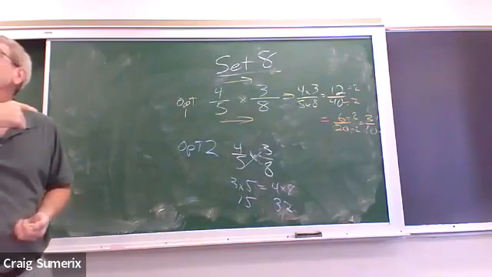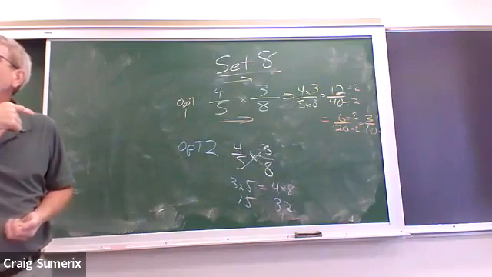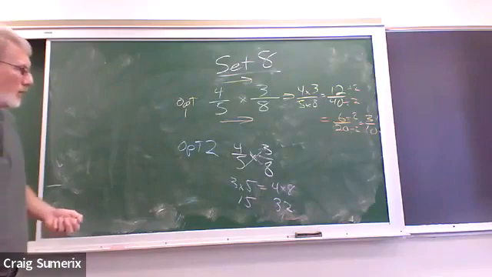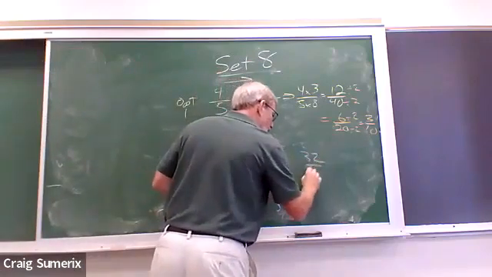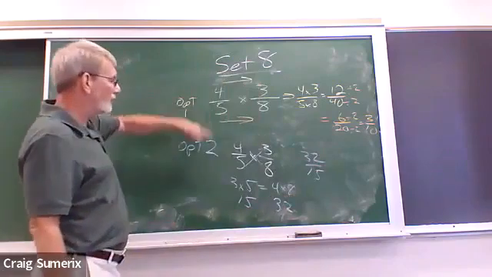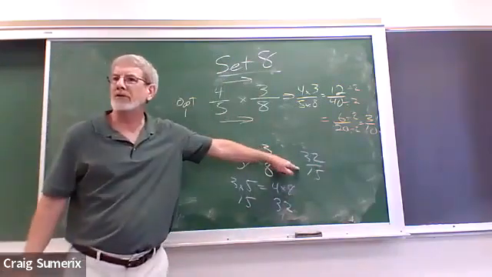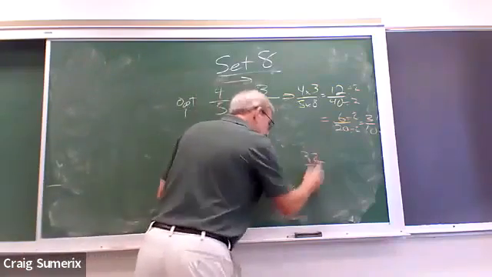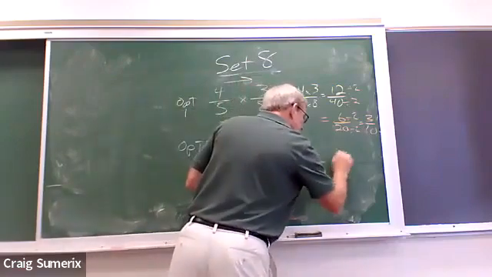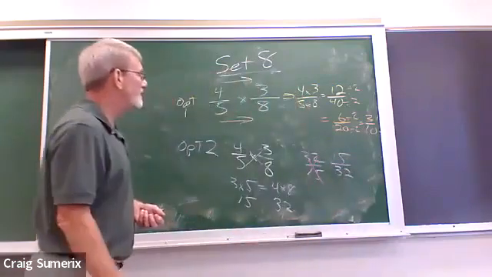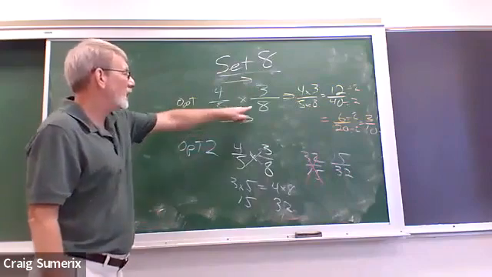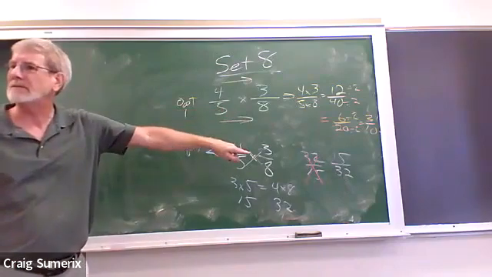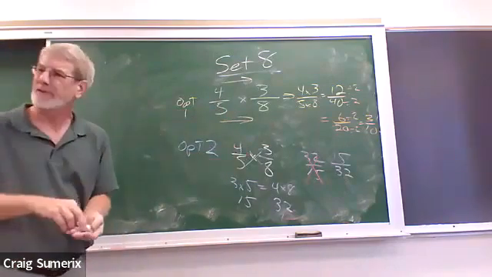Well, make a fraction. Which one goes on top? Well, would 32 over 15 make sense? 4/5 times 3/8 is a number that's bigger than 2. Does that make sense? No. How about then 15 over 32? That's a little less than half. Well, I already started out with a little less than half, and I'm taking only part of that. So does that make sense? The answer should be smaller yet than that. And